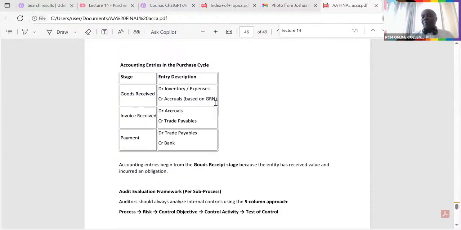All right. Then you receive an invoice. This accruals account, of course, has to be closed. This basically is a transient account. It must be closed almost immediately, because once you receive an invoice, now you know the person to pay. So you know the account payable. Or if it is purchases, you know you're going to credit trade payables. So in this case, you close this accruals account by debiting it, and then you credit trade payables.